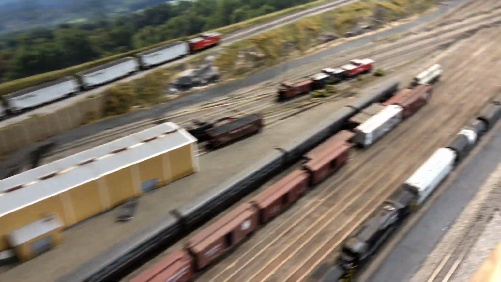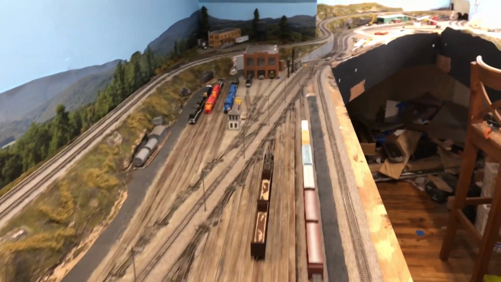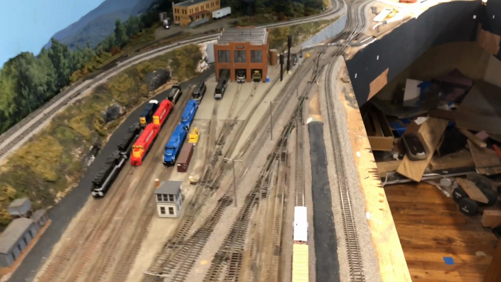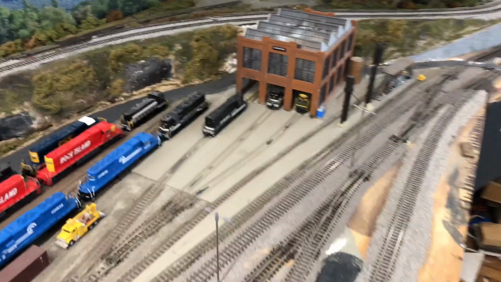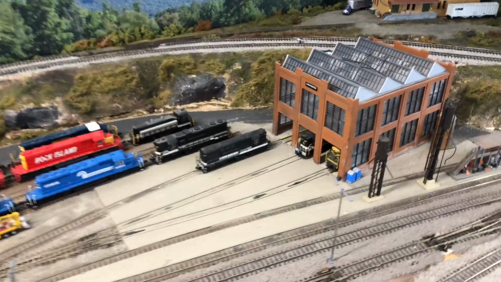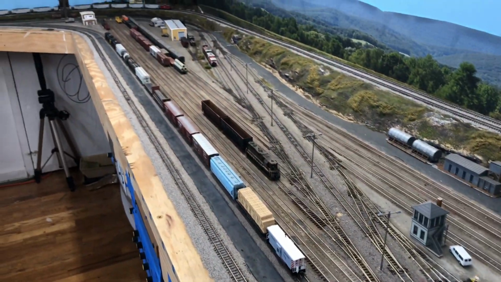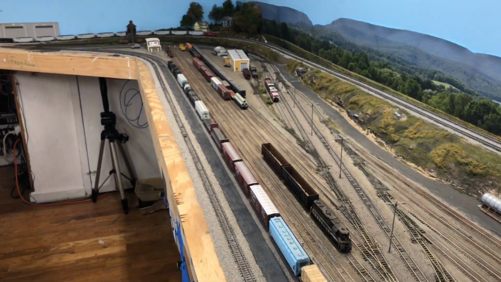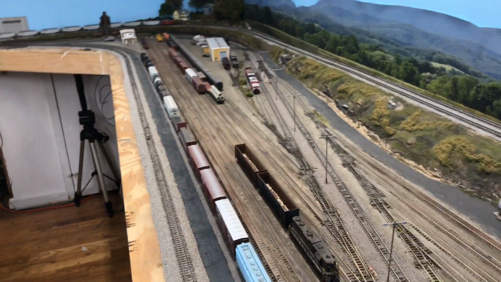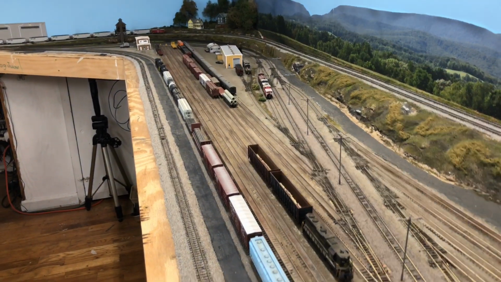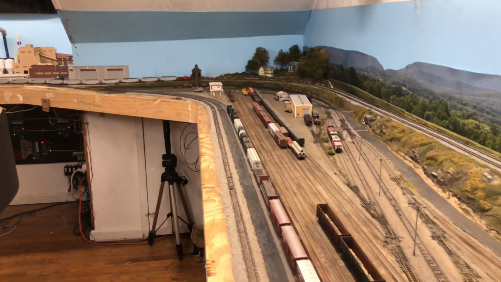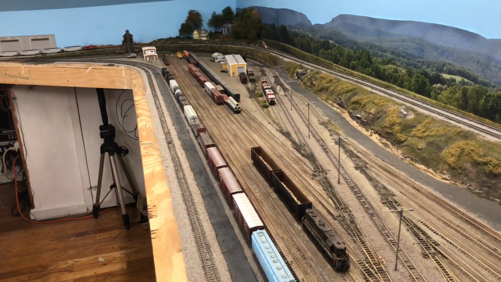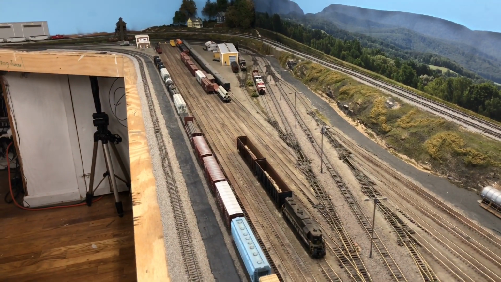So this is the yard all the way through here. I always wanted to build a big yard that's very functional, even though it might not be used 100%, meaning every track is being used at all times, and the ladder doesn't have full strings of rolling stock. I did plan on building very large trains, between 50 and 75 cars. So right now that coal train is about, I would say, 47 cars, close to 50. So if I did want to pull that